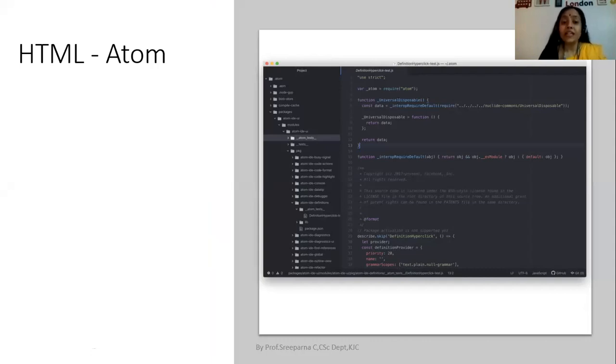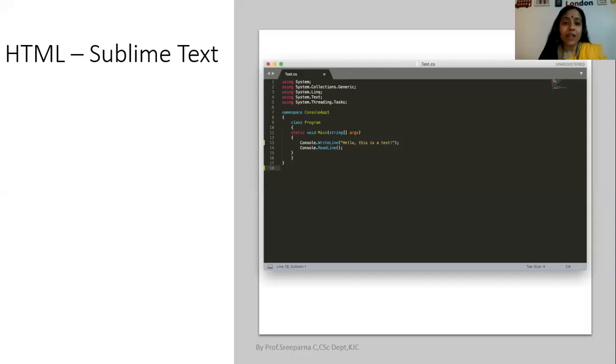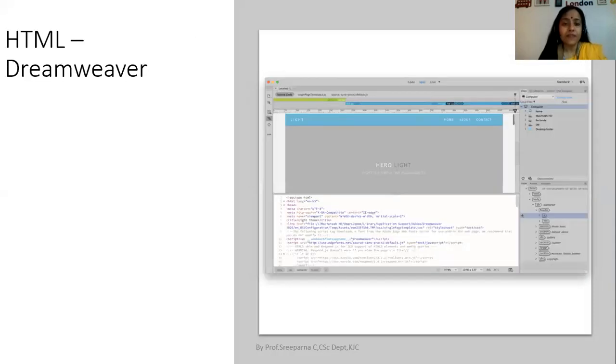Many advanced text editors even warn you when you are typing something wrong. So here you can see some sample pages of Atom, Notepad++, which is very commonly used, Sublime Text, and Dreamweaver.